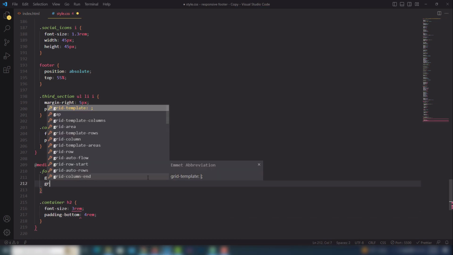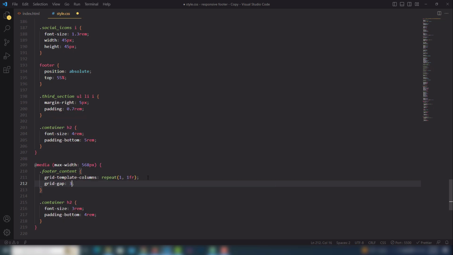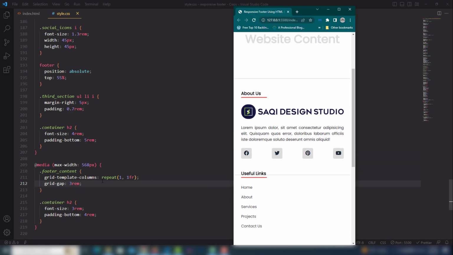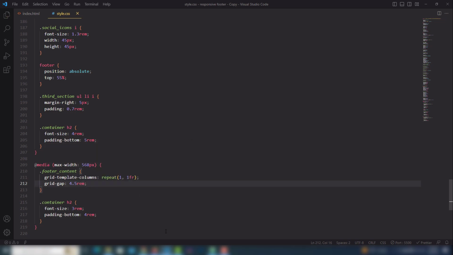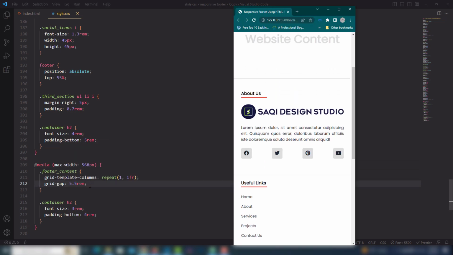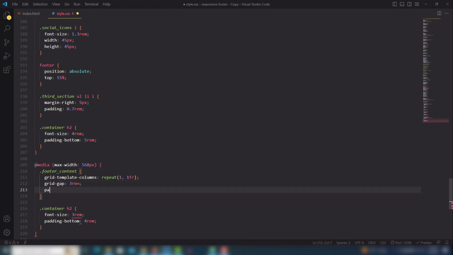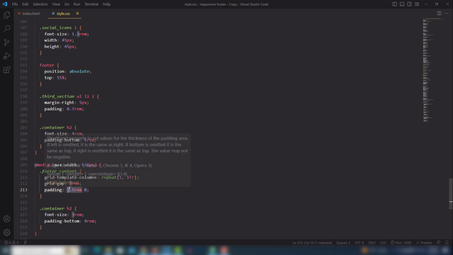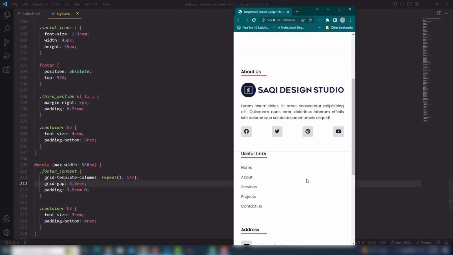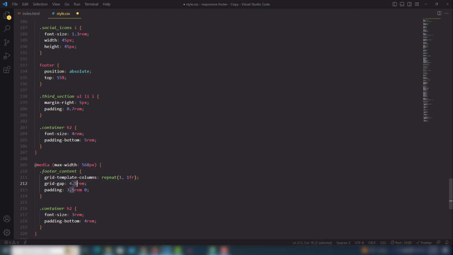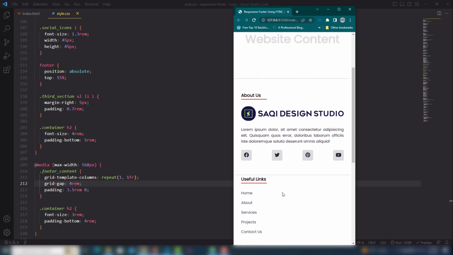So let's add the grid gap is 3, so and 3.5, 4.5, yeah, it's perfect. 5, no, I will use the grid gap 3 and also I'm going to add the padding 2.5 and left and right I'm going to use 0 and 3.5, 4.5, yeah, but I will use 3.5 and 3.5 and this one 4, yeah, it's perfect,